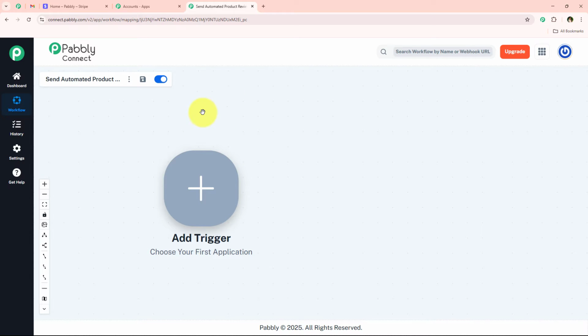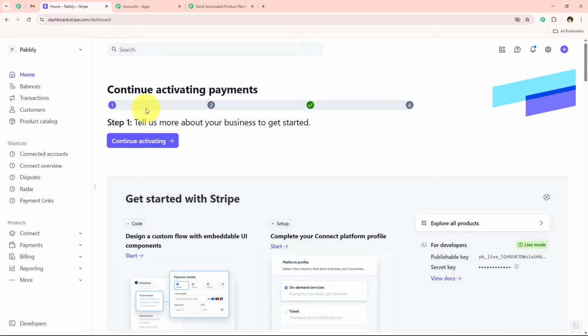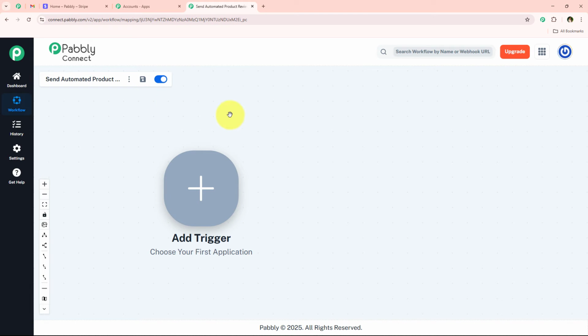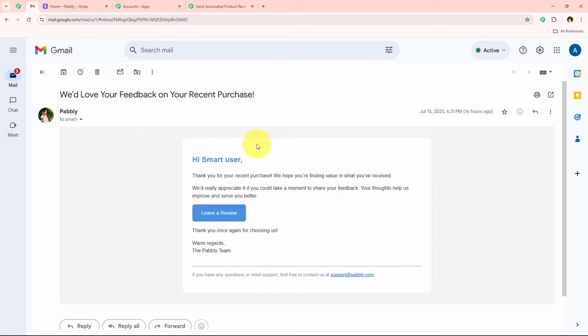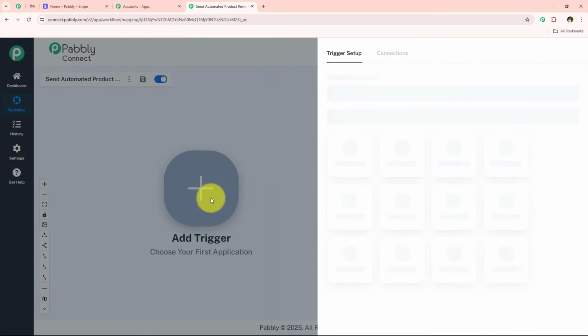Alright, so for example, in today's video, our trigger will be Stripe, that whenever a new payment is made using Stripe, this workflow is going to get triggered. And for the action, we are going to use Gmail so that we can send automated emails like this. So yes, I'm just going to select my trigger application right over here,